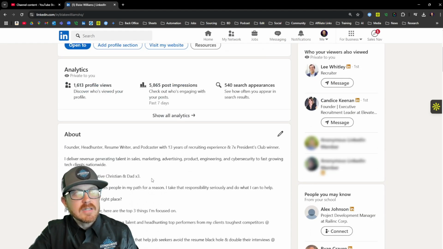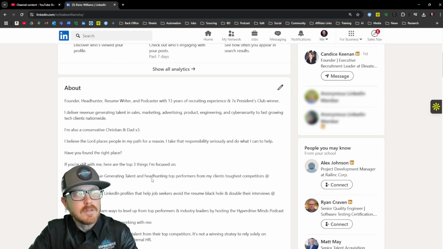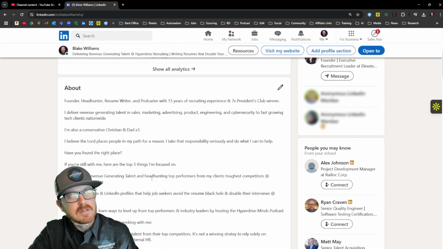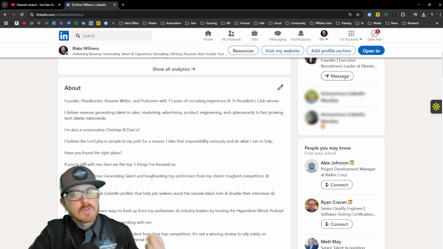And in this section, you can also be a little bit more personable. Don't just limit it to the stuff you'd put on your resume. Maybe you want to talk about your family, what you do for fun, and the hobbies, right? Don't put hobbies on your resume, but you can put hobbies here in your About Me section. This is a chance for this person to get to know you a little bit, right? So 2,600 characters worth of content you can add. Go ahead and take advantage of that.